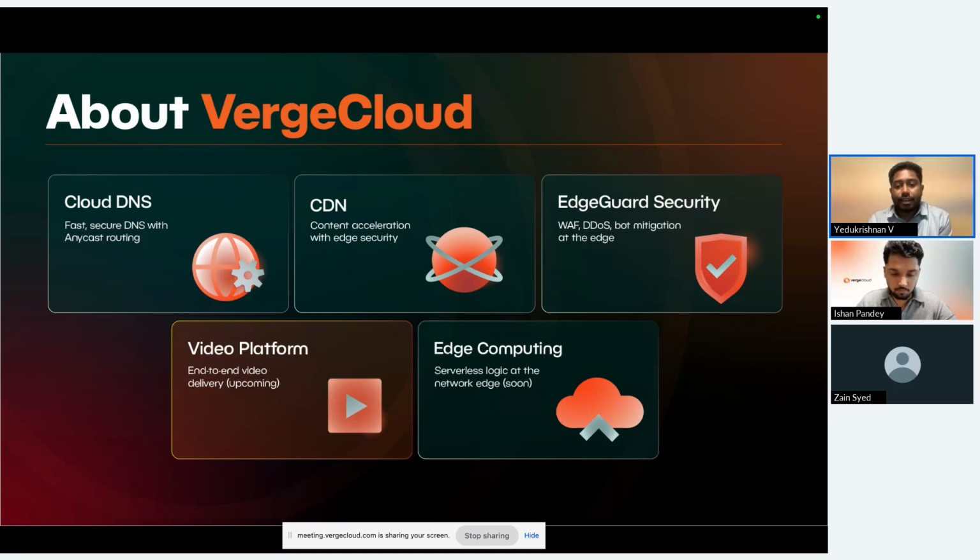So we are basically an edge infrastructure company headquartered in Bangalore. We build infrastructure that makes internet service faster and more reliable, close to the user. Our products include cloud DNS with Anycast routing, CDN, then security layers like WAF, DDoS protection, bot mitigation, load balancing, and